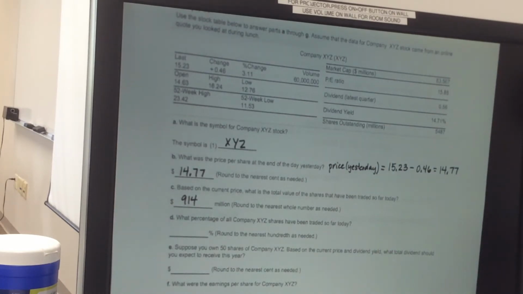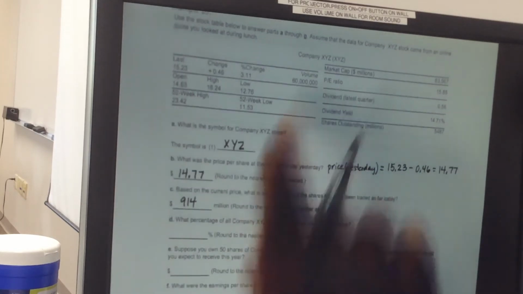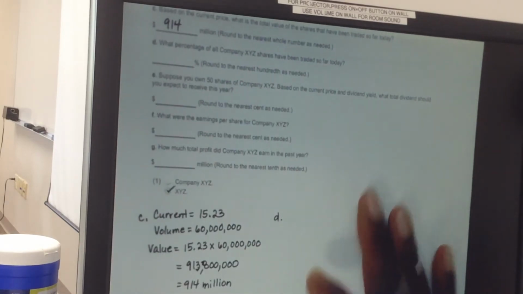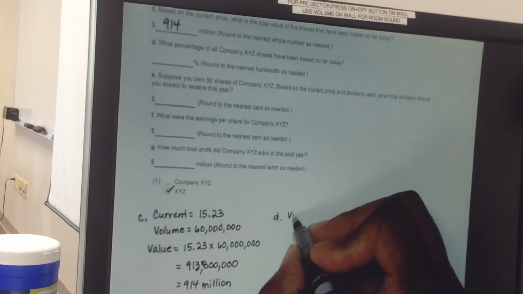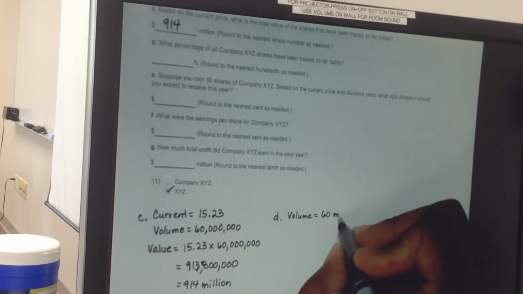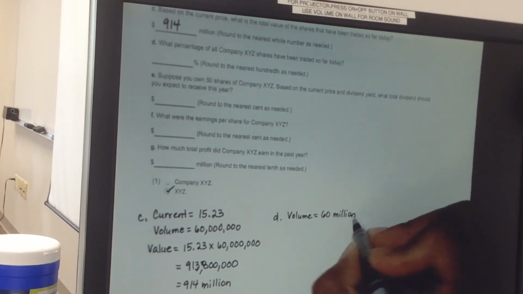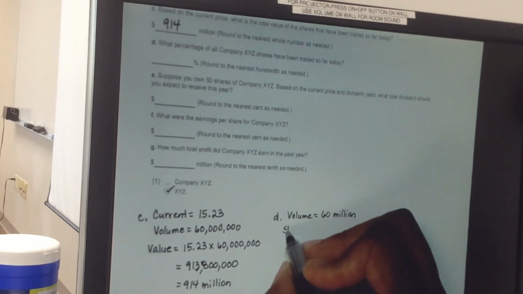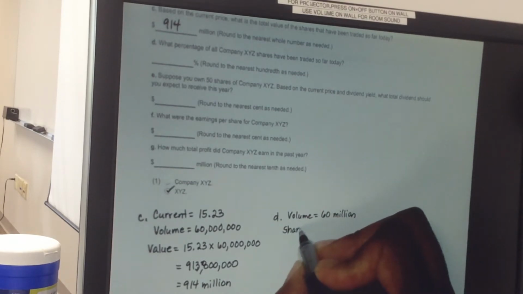And in this case, the volume was 60 million. So I'm going to write the volume as 60 with the word million, and shares outstanding